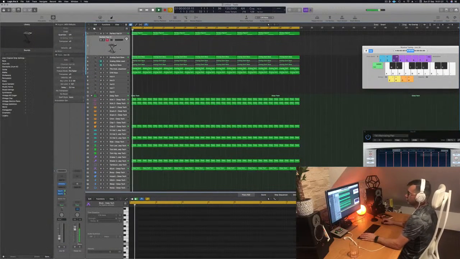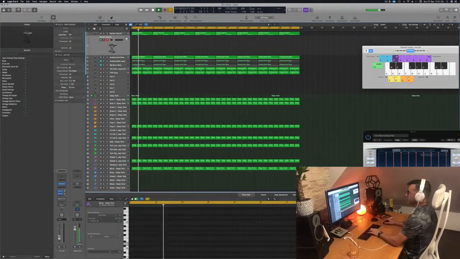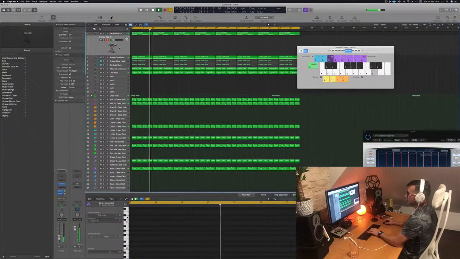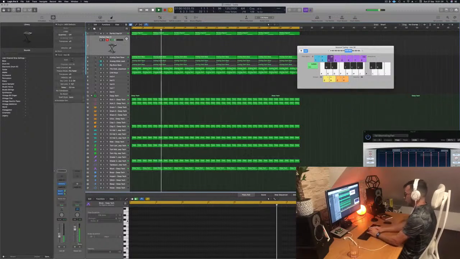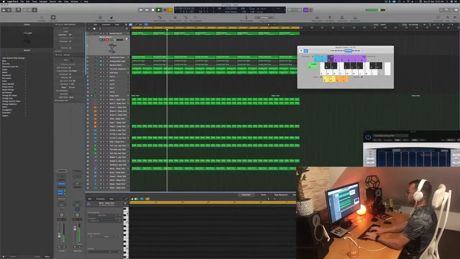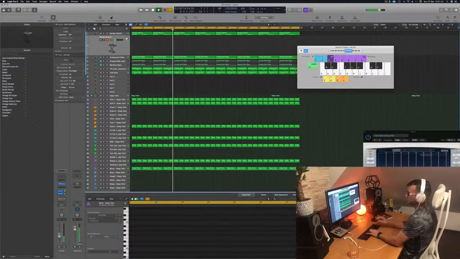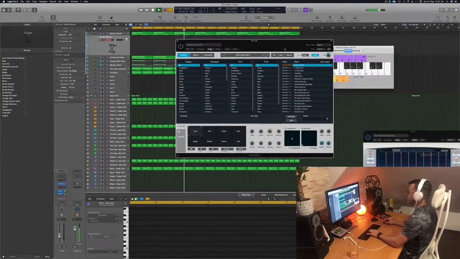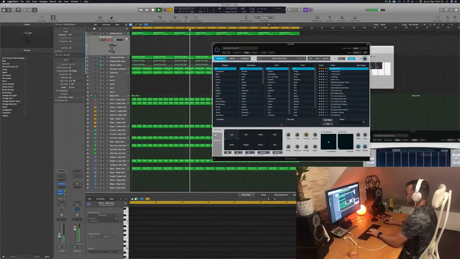So what I want to do now is to top it up with some lead, and it's gonna be more pad. And for this, definitely not too many keys, you know, I don't want to go full on, not spacey, but